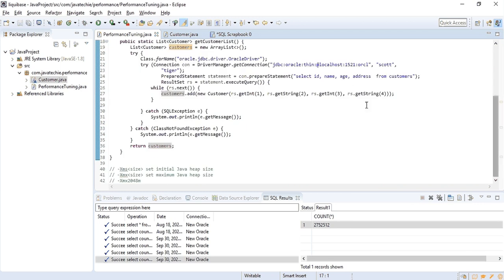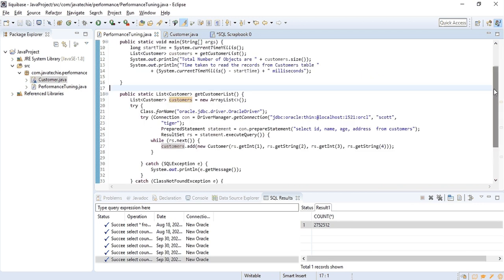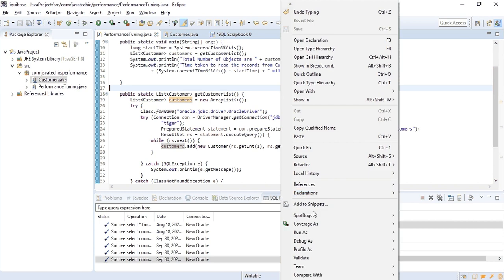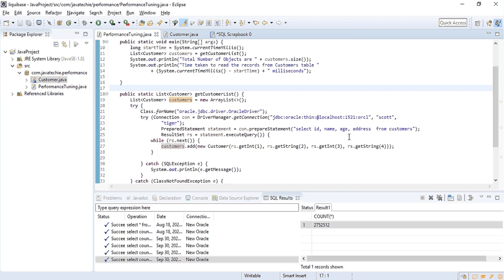Now let us go ahead and run this program and see how much time it is going to take to read these 2.7 million records. Right click, run as Java application.